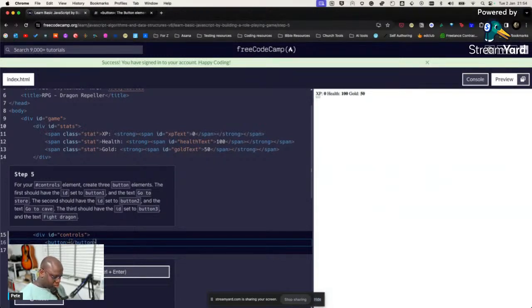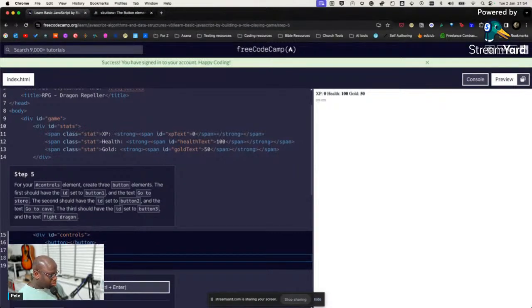I'm gonna do my lazy thing of copy and paste, because why make life difficult when you can make it easy. All right, so I can already see these coming in. So 3 button elements. I'll give them some IDs and some text. So let's give them some IDs. ID is equal to